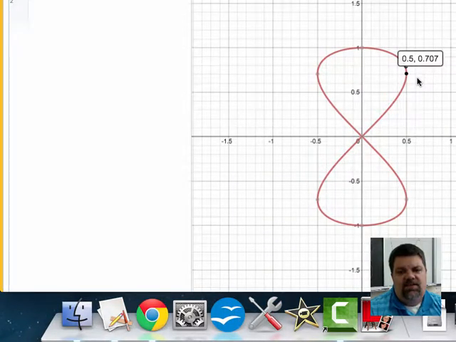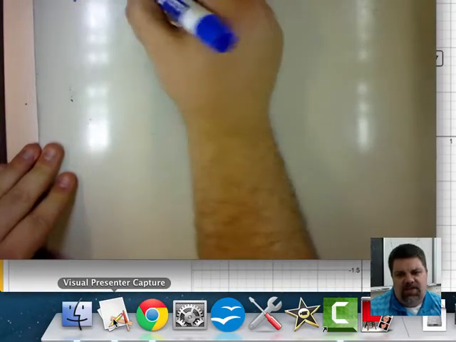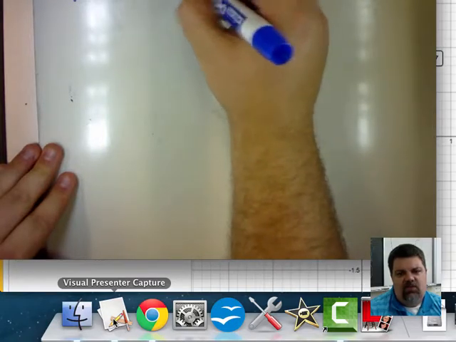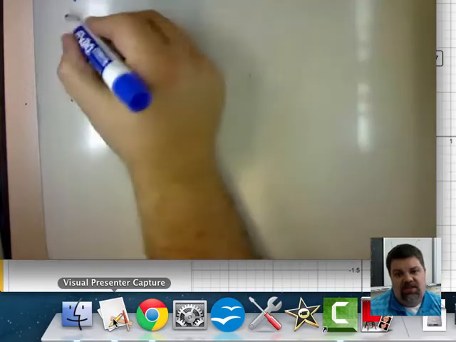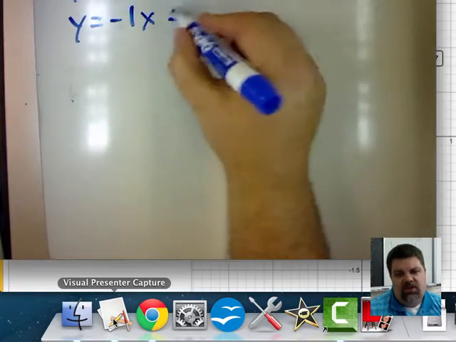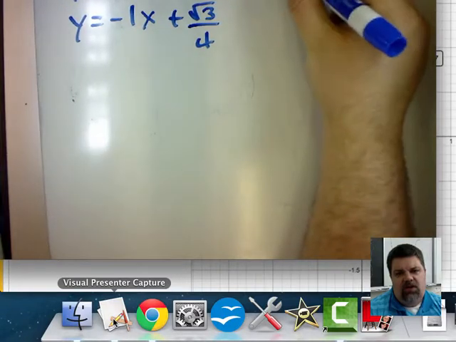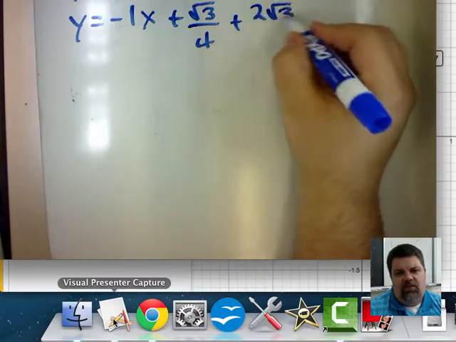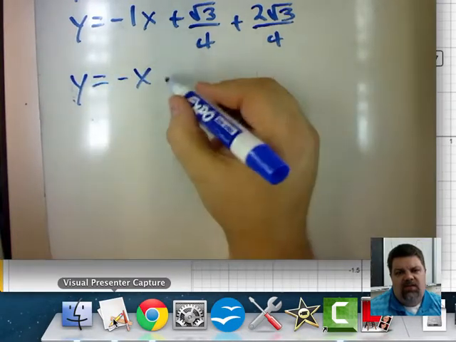And so if I slide this up here, you see that the slope was negative 1. So what I'm saying is that at the point root 3 over 4, comma, root 3 over 2, the tangent line to the curve will have a slope of negative 1. We weren't asked in the textbook to write the tangent line, but I'm going to write it out. The tangent line has a slope of negative 1, and when we plug it into point-slope form, we end up with